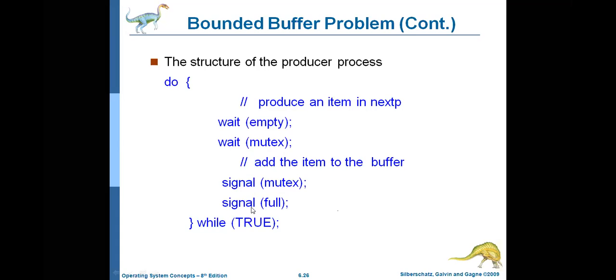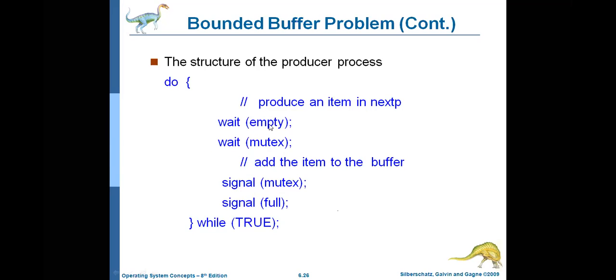And then you need to increase the full. What is full? Signal of full. Earlier in the buffer there were no items, 0 items. Now you kept an item into the buffer. Then what is the full value? Now you added an item into the buffer, so the value will be incremented from 0 to 1. Now it is 1. Like that, whenever you add an item to the buffer, empty will be reduced and full will be increased.